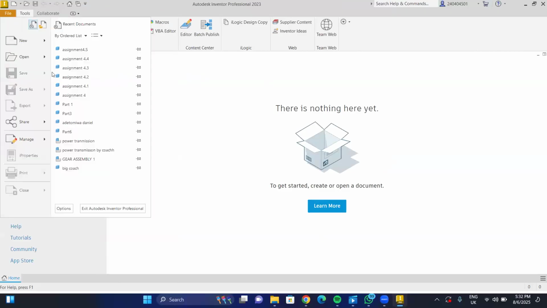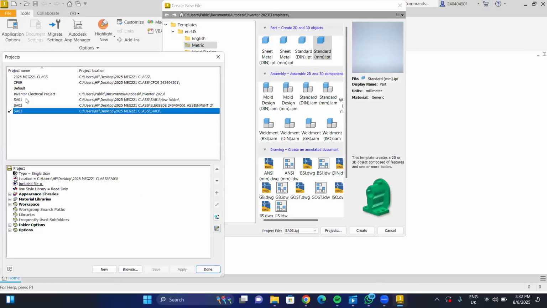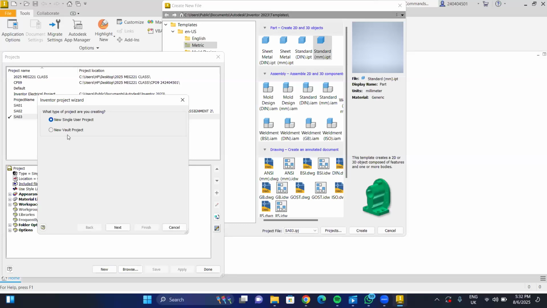Create new metric. I want to create a new project, so I'm not going to do this. I'm going to come to Projects. Now this is the active folder, active project. I need to create a new project, so come to New here. Click on New. You use New Single User Project. Click on Next. Now the project name: since this is the first Inventor drawing we are going to do, I'm going to call it